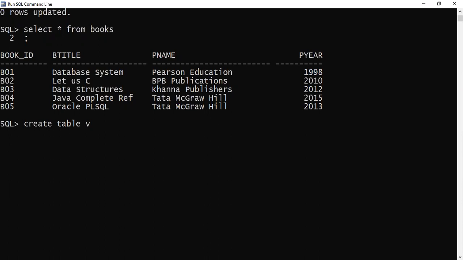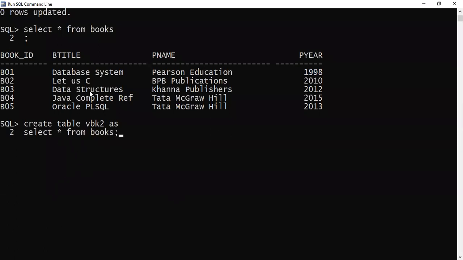Just a minute. Here in my demo, I have taken VBK2. What new table name do I want to give? VBK2 as select. You may be wondering, again I'll create the table and insert the records, it will simply waste time. Nothing like that. I can quickly create a table based on the previously existing table like this: select star from books.